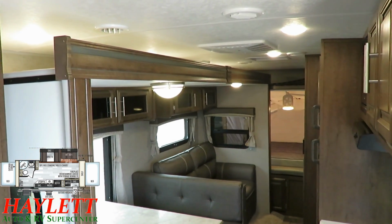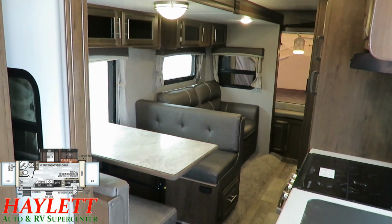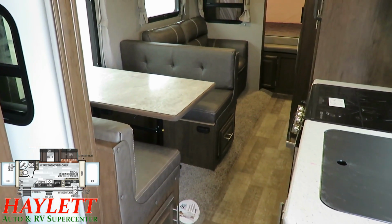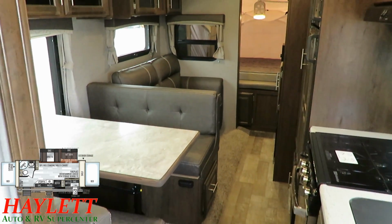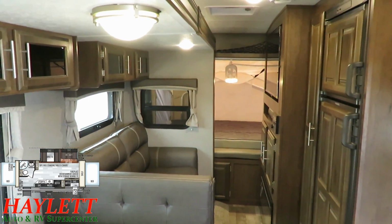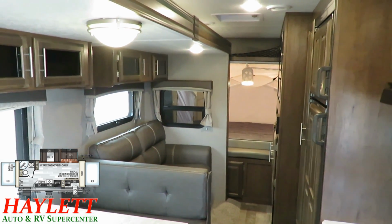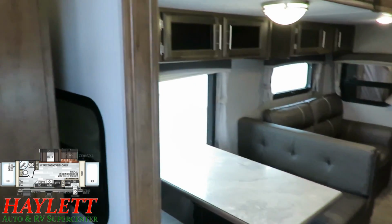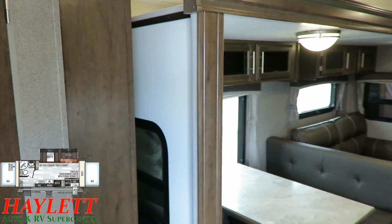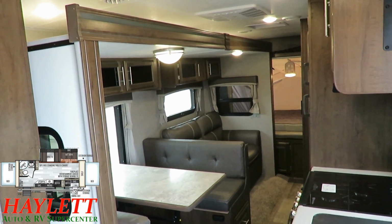Although it's a little more common in hybrid campers, having excellent travel accessibility like this, it's still something that I like to point out whenever I see it. Frankly, even if something has poor travel accessibility, I tend to display it so that you folks at home can make a better, more educated purchase decision. So if you need to, you can slip through, you can get to the fridge, to most of the storage. I say most because there is some cabinet space here that you'll lose out on. Other than that, there's really not a whole lot that you can't do in this one with the slide out